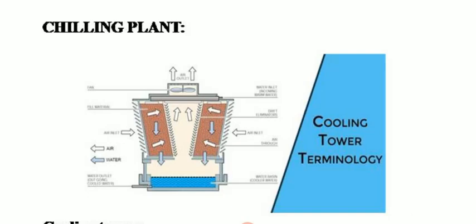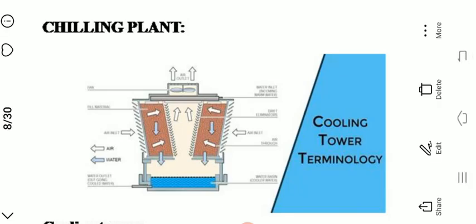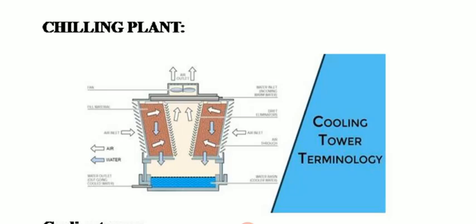Now we shall discuss the principle behind this cooling tower. Cooling towers are heat exchangers that intake hot water from the equipment and expose it to air, and instantly the temperature of water is lowered. Some water evaporates during this process while the rest of the water cools down, and that is circulated back to the machine.